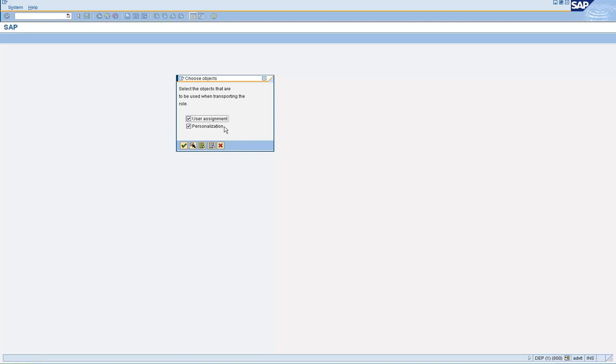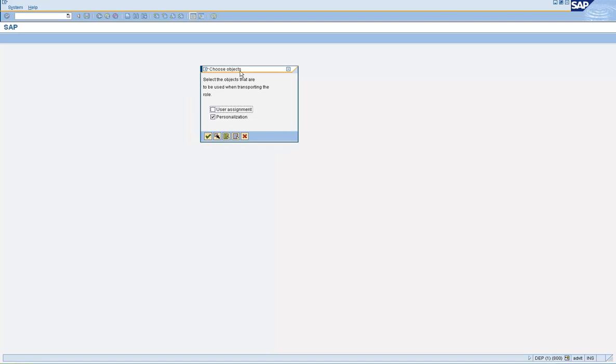So never select this checkbox, because the set of users in development system will never be the same in production system that are assigned the roles. So when you transport the roles with user assignments, the users in the target system will lose their authorizations. So don't check this box, click on continue,